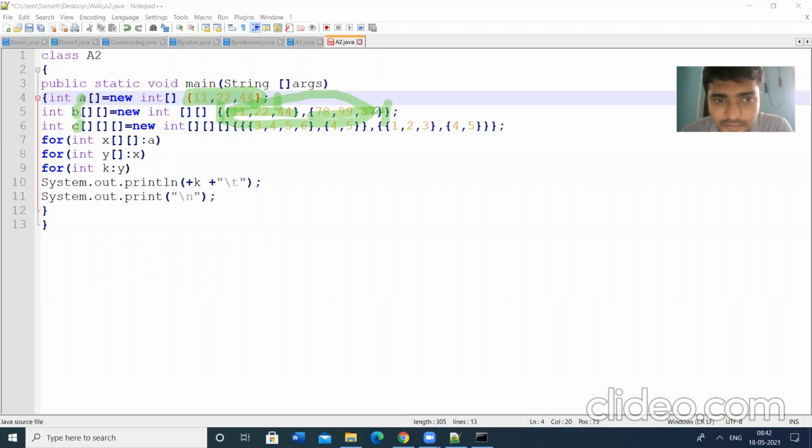Three dimension means we will add another dimension. For this comma, we can add a comma, then we will add the elements 1, 2, 4. This is a single dimension. For this, we will add the second dimension. So this is the second dimension, and this is the third dimension. This third dimension will be encapsulated with another brace here. Let us see the example below.